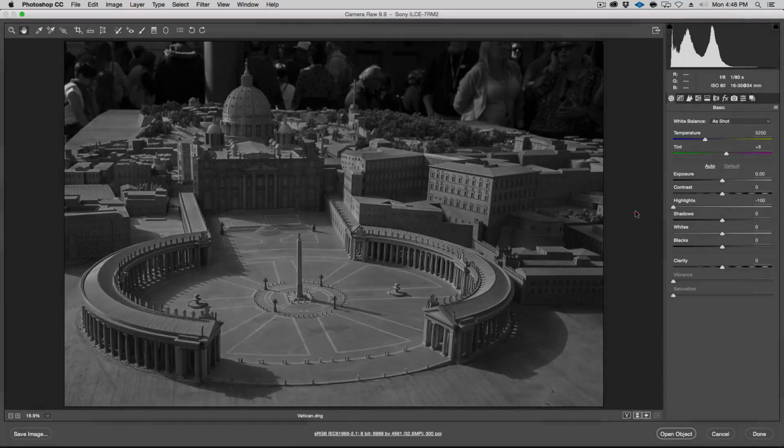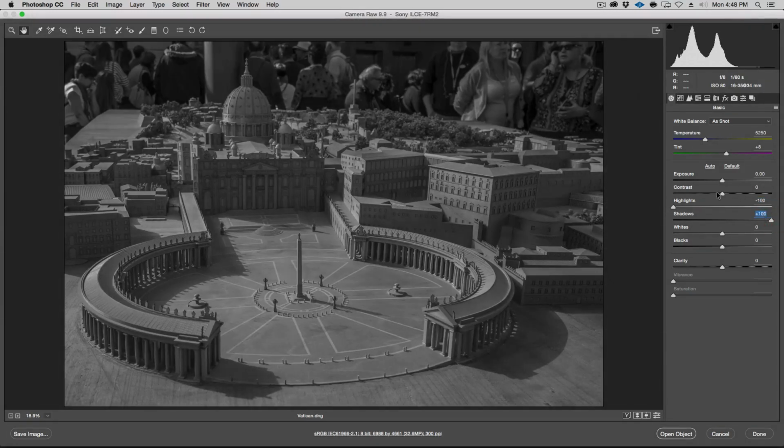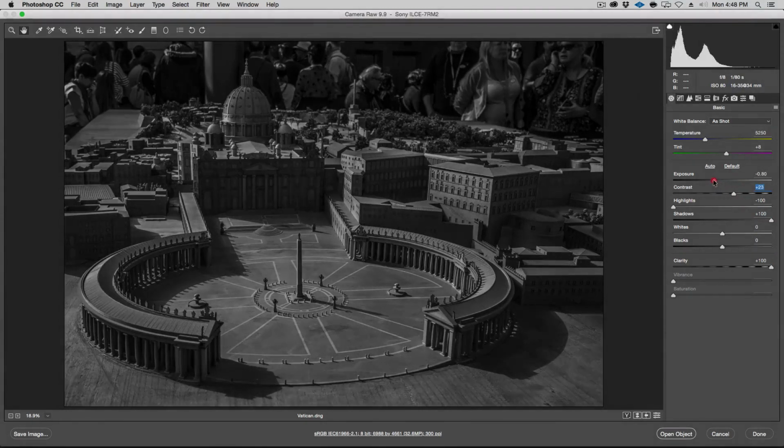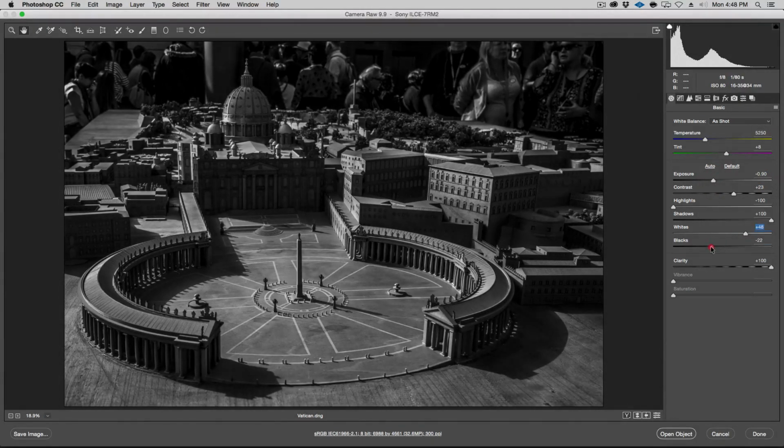way, which is bringing down the highlights, opening up the shadows, cranking up the clarity, cranking some of that contrast, lower the exposure a little bit, quite a bit, and let's bring the whites even whiter, the blacks even blacker, more of the whites. Okay, something like this. Maybe bring this down a bit.